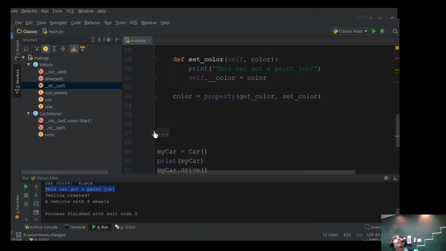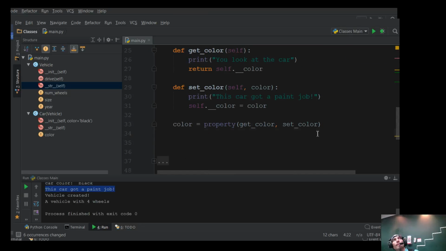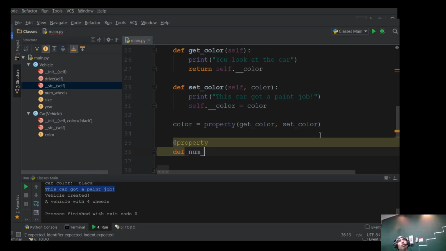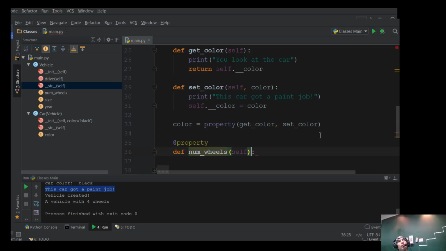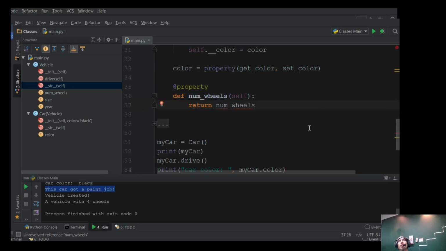Okay. Now, did we actually access num wheels directly anywhere here? We did. Oh well. So now, in my car, what I can do is I can say... wait, what? Is that required? Whatever, we'll roll with it. We can say... right, nothing fancy there. We're just saying that, hey,